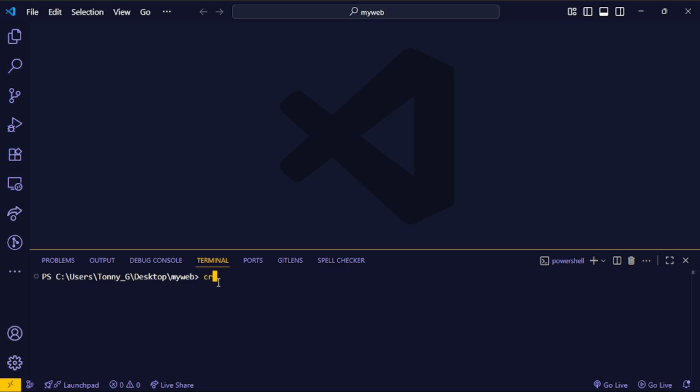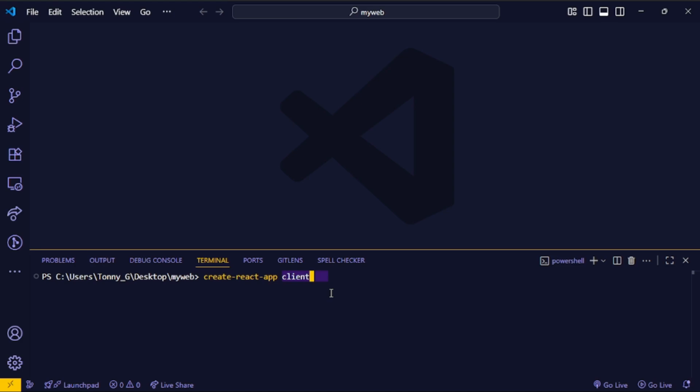You can just write create-react-app for this instance, and then you press a space and specify the app name. In case, for example, in this folder here, my web, you wanted to create the client side and the server side, since this one is a front end, you can just say create-react-app in client. So it's going to create a folder inside my web that is called client,